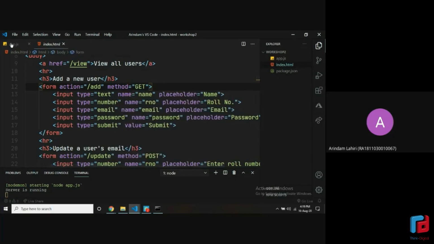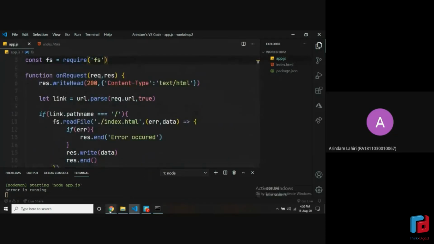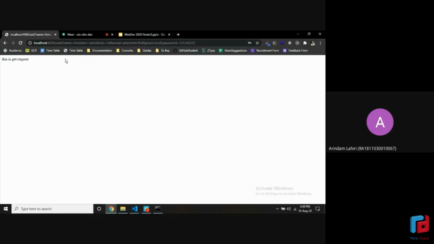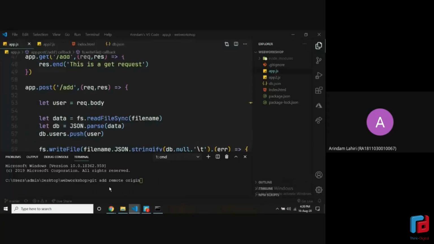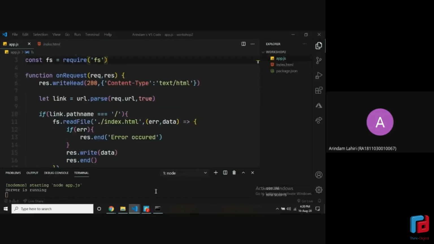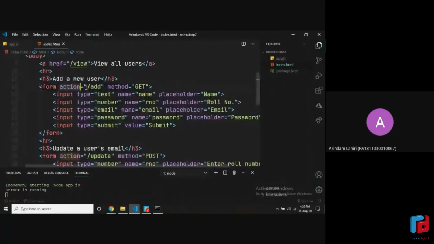And now let's just go back to our browser and just give some random input in this. Make sure the email is an actual email because we are using some validation, and hit submit. It will go and submit it to slash add. If you can see in your browser, the URL has become too long, but if you focus after 4000, there's a slash add. All right. That's because of the condition that we put in. Sorry, one second. Yes, that's because in the index.html, we have put an action attribute which says slash add. So that's why it goes to the slash add.